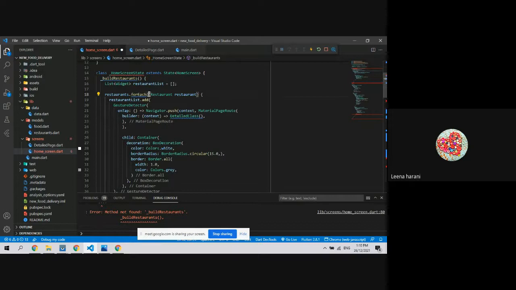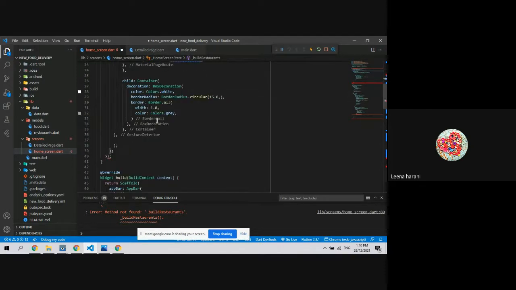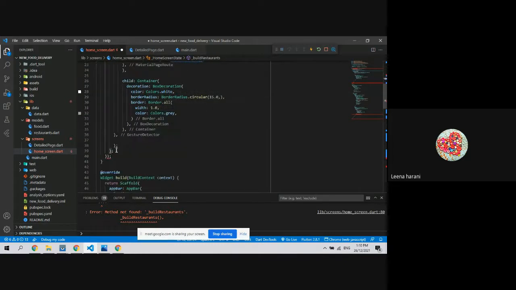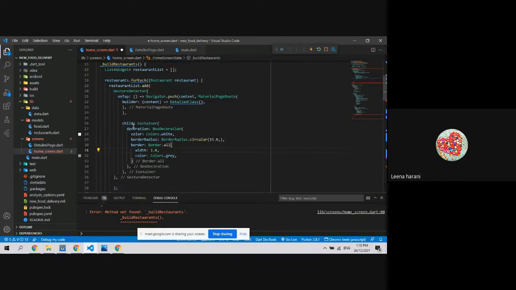Then we have this for each loop, which is closing. Let's complete this first. Then it will automatically work. After this box decoration, the gray color box decoration,